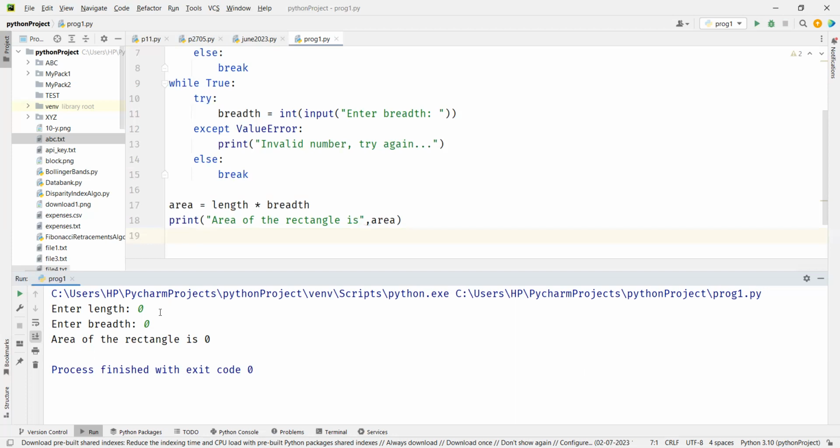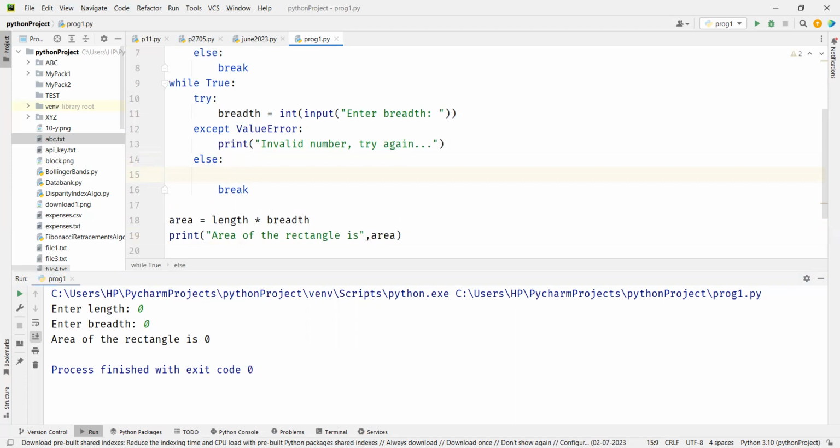But let's say you want to be very innovative, you want to create your own 5, 600 errors. Of course, you can do that. That also is there. So there is one error, assertion error, where you don't have to do anything. You can simply call it. But the problem is, it is called assertion error and you can't do anything more. So where will I get length equal to 0 or breadth equal to 0? In else, right? So in else, before you break, I'm going to say